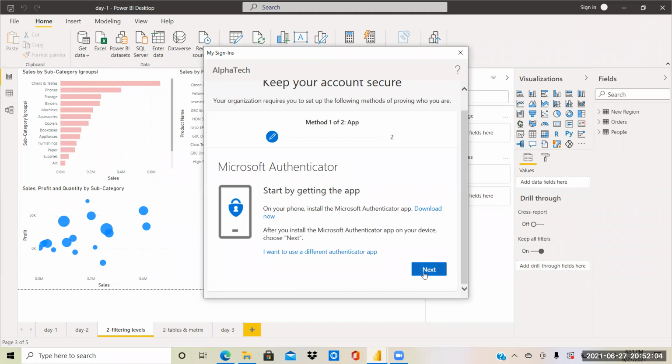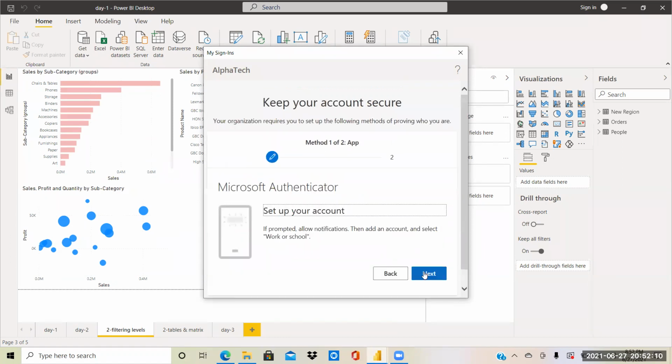See, you'll actually have to use this authenticator. Click on next. You'll actually have to install the authenticator. That is what it is asking. So this is the authenticator app. Basically, this is just an application which provides an authentication that, okay, you are the user of this account. So I have to download it on the mobile? Yes, you have to install this on the mobile. I thought you were asking for the Power BI mobile.